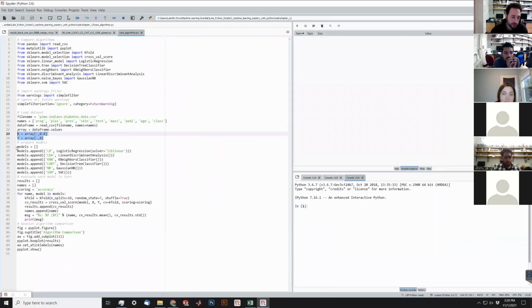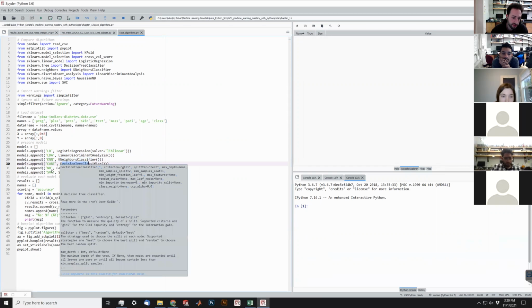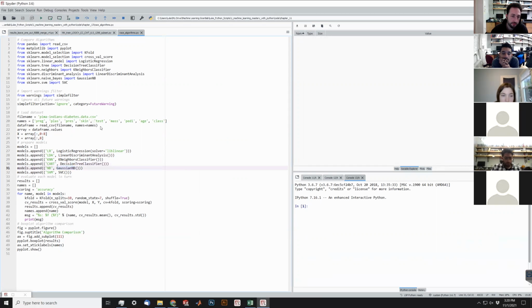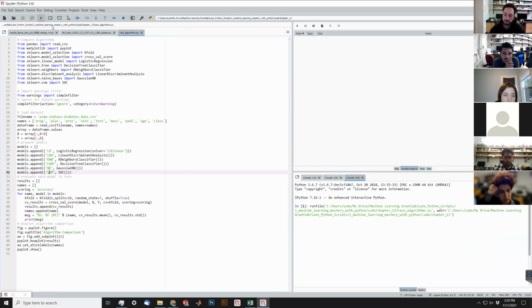And what we do is we generate a list of models. So we have the logistic regression, linear discriminant analysis, k-nearest neighbors, decision trees, Gaussian NB, and I actually don't see the support vector. Oh, is this? Oh, SVC. It's weird that it's SVC and not SVM, but there it is. So if I were to run this,